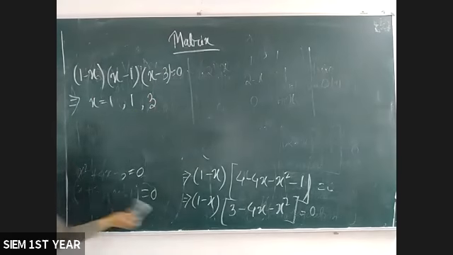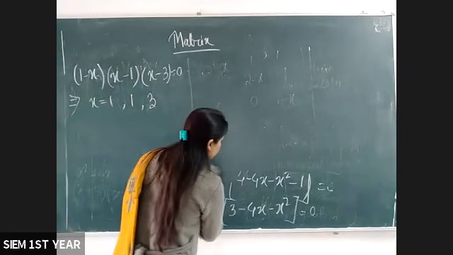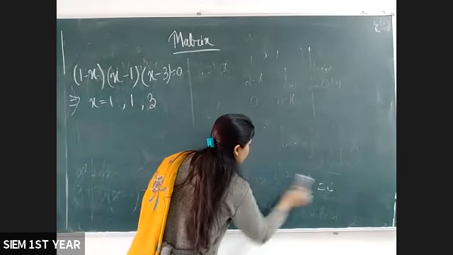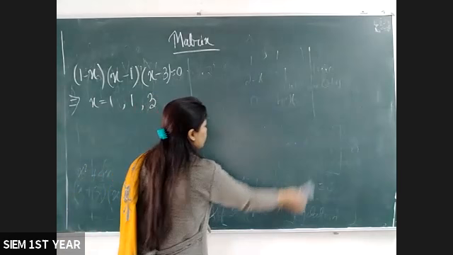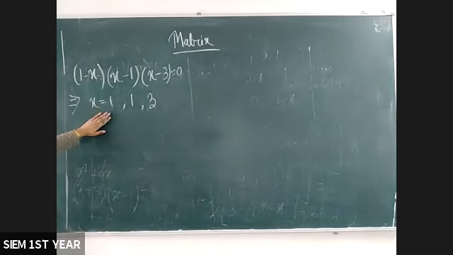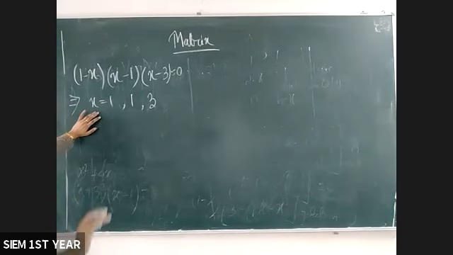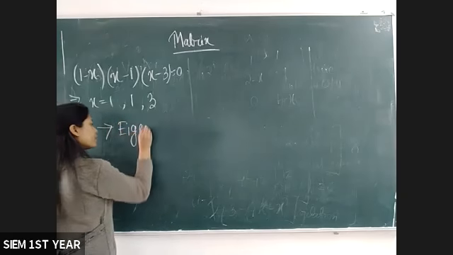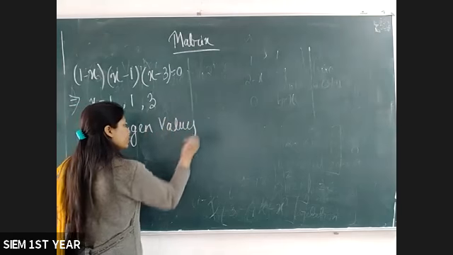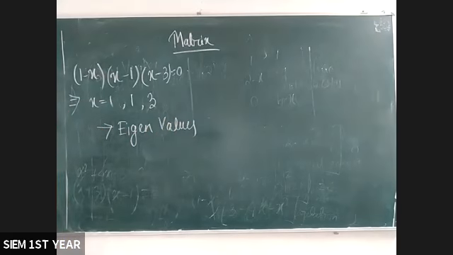As I told you, sometimes in the problem they will give you one matrix and directly ask you to only find the eigenvalues. So you have to consider up to this portion. For eigenvalues, you only have to consider the characteristic equation, then solve it. The roots will be called eigenvalues. Clear? So this is the first part of the problem.